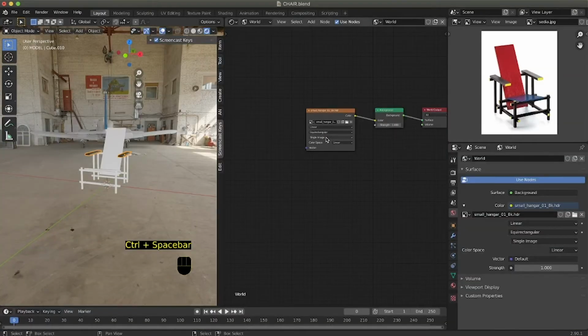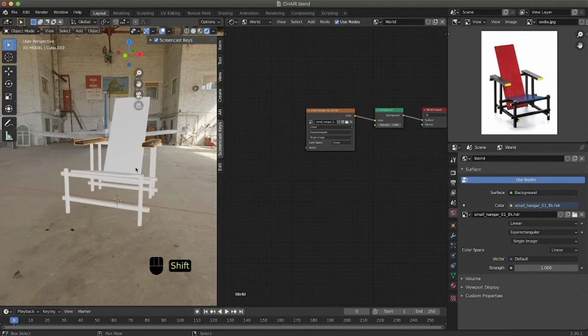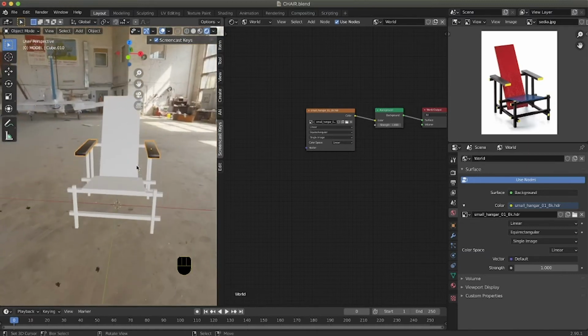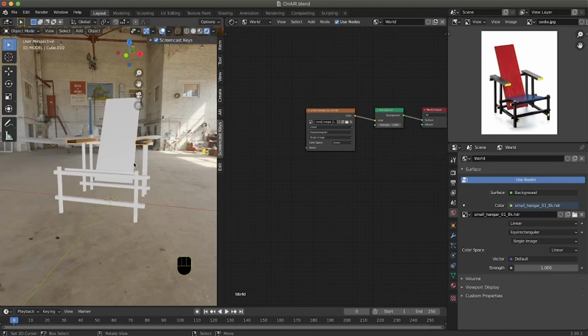We go back to the full windows visualization, pressing again Ctrl spacebar, that toggles between these two modes, and I think that the setup for the background is more or less ready. We can work a little bit more on that at a later moment.